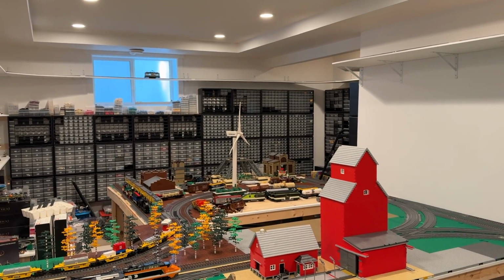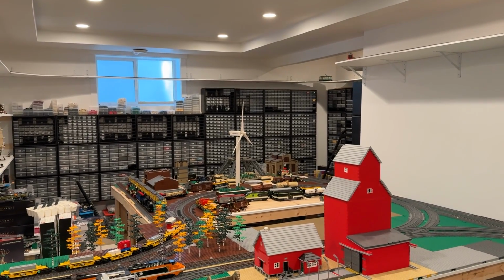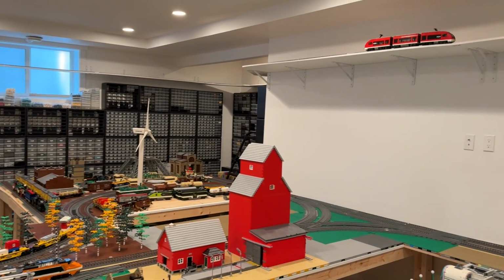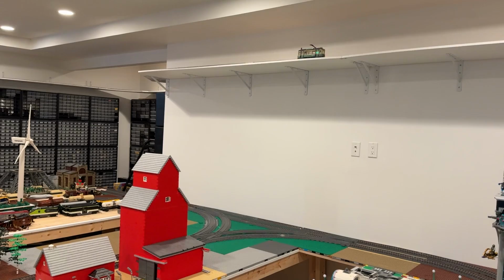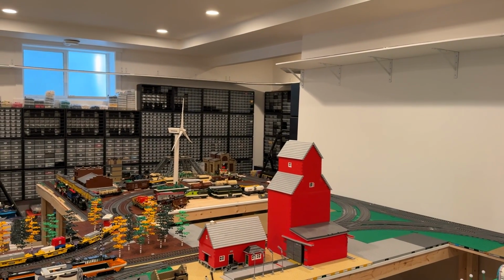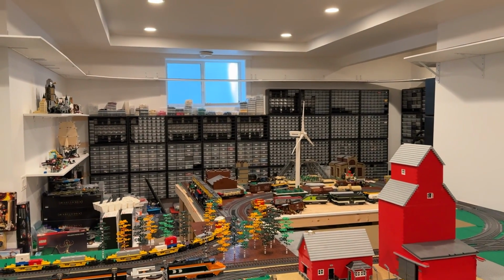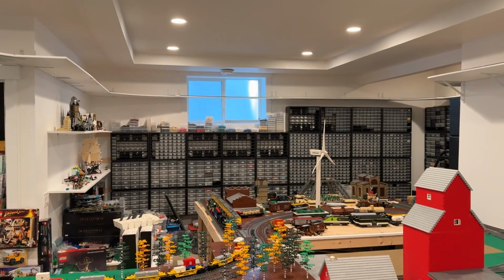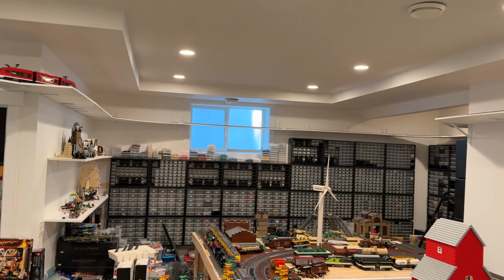Really cool though to have another couple of trains that are able to be running at the same time as other trains on the main layout and the soon to be lower layout. I think it'll be cool in the end, if we end up with at least 6 trains running at the same time, maybe 8 or more, that would be just awesome. Really looking forward to some of the running sessions that we'll be able to have